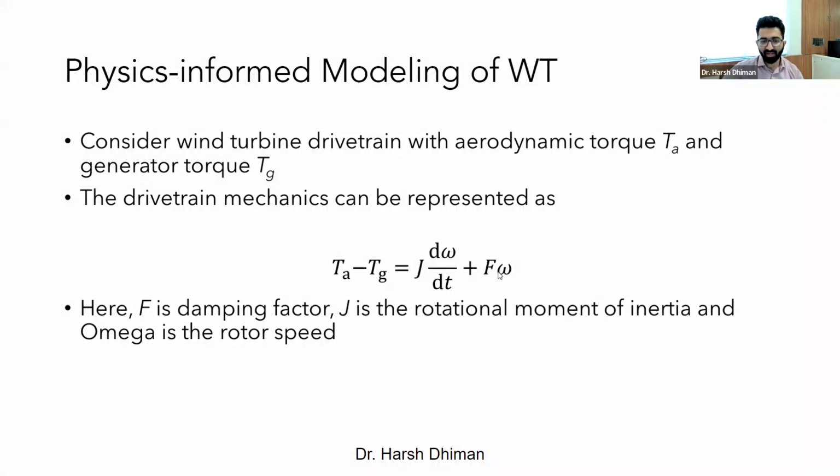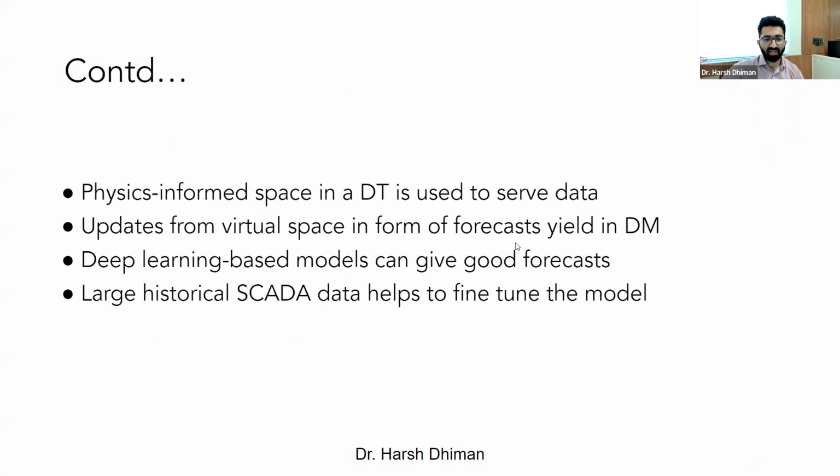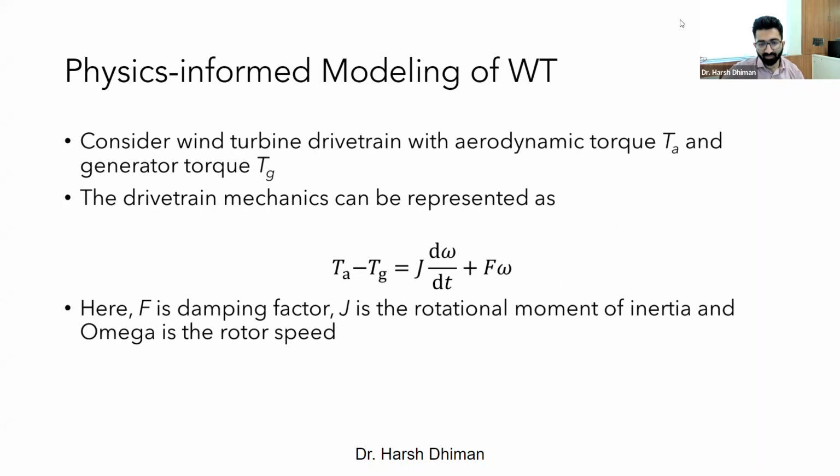There is a speed involved, a rotational speed. There is obviously a damping factor. There's how much inertia is present in your gearbox. So all these factors impact your entire gearbox operation. And we are using the data essentially from these differential equations. The data collected becomes the source of our data to the digital twin.